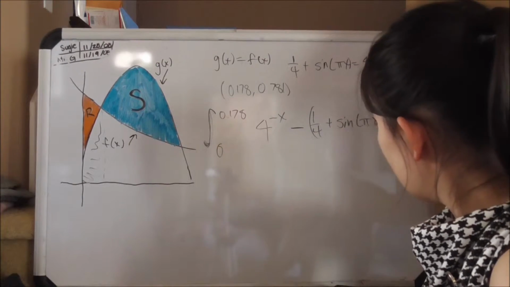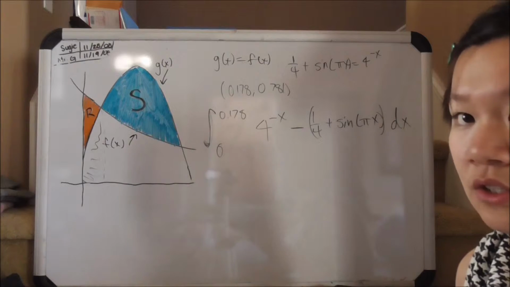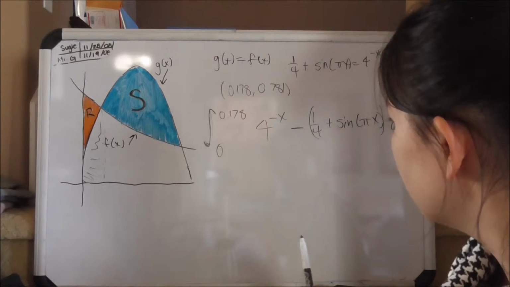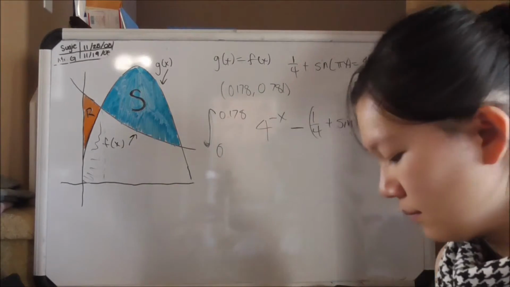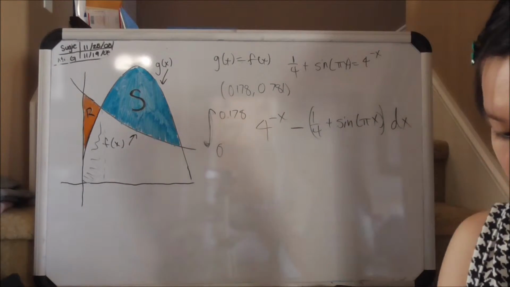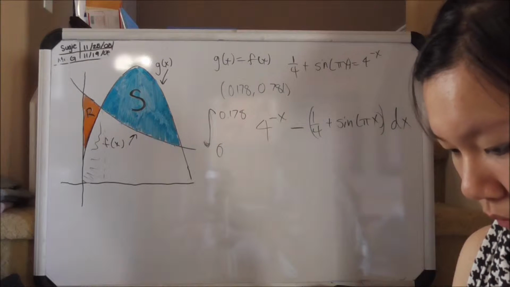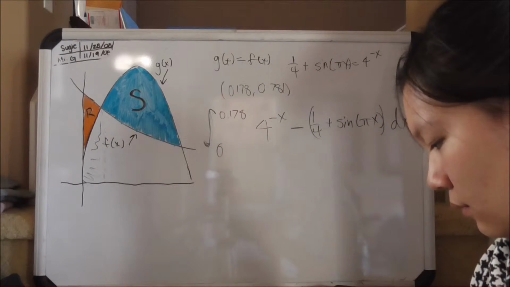Put that in parentheses for clarification, times dx, because you're going to be looking for the change in the x-coordinate. Once you have run this through your calculator, you will find that the answer